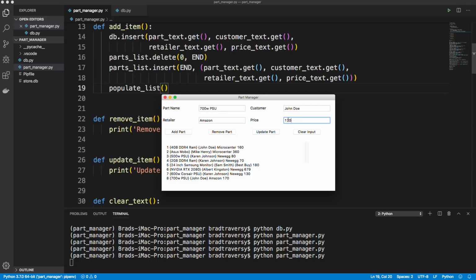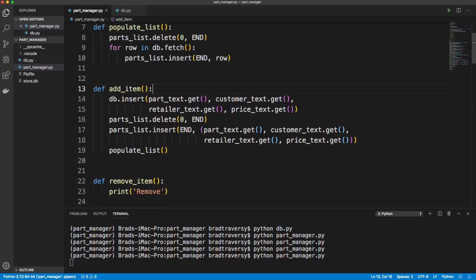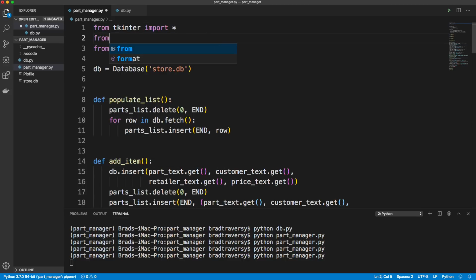Now, the issue that I have with this is if we clear all these out and we click add part, it just adds all this empty stuff here, and I don't want to do that. So what I'm going to do is have a little bit of validation here, and I want it to have a message box. So this is where that tkinter message box comes in that I installed. So we're going to say from tkinter import messagebox,